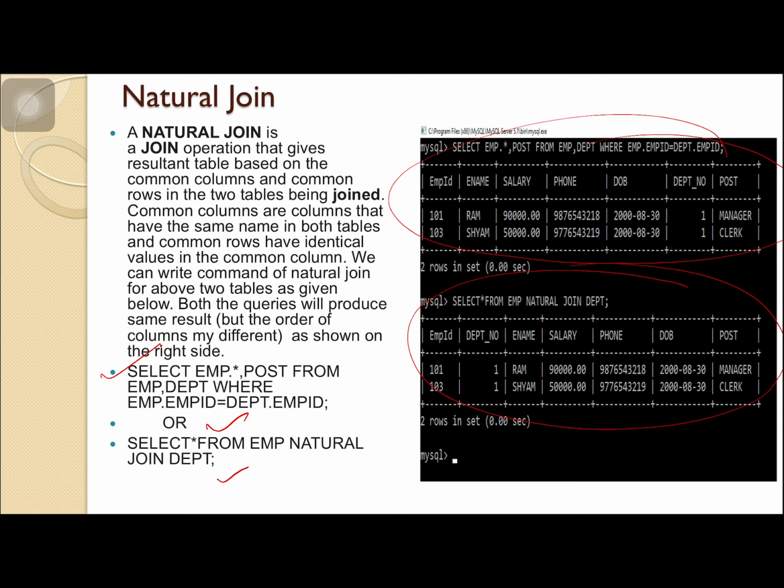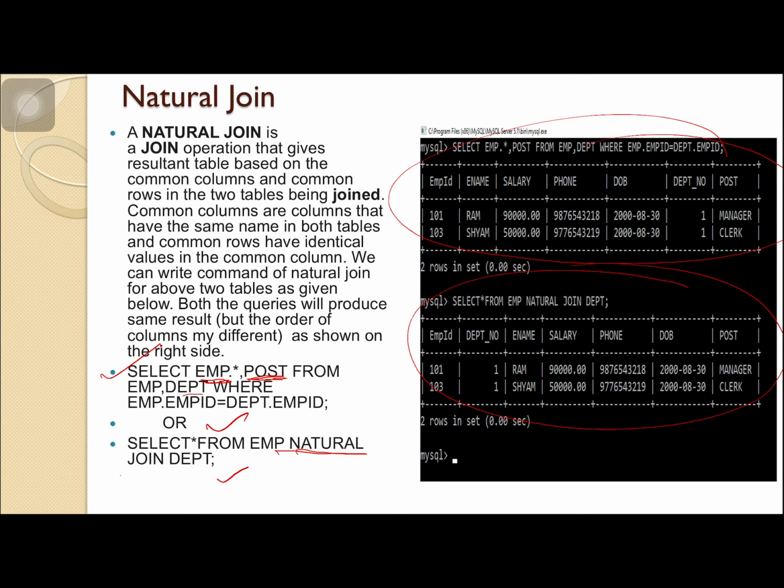What happens in the first case? We have taken all the records of the employee table but only post from the department table. Why? Because employee ID is also present in the table department, but we have taken only post from the department table to reduce the redundancy.